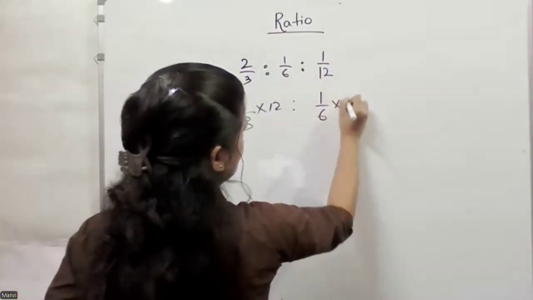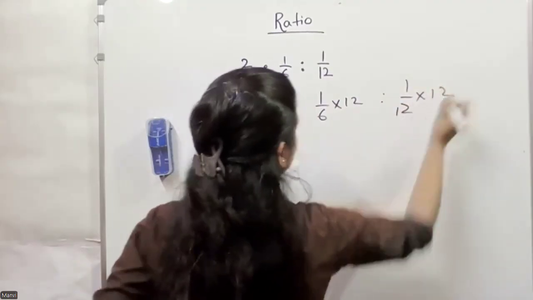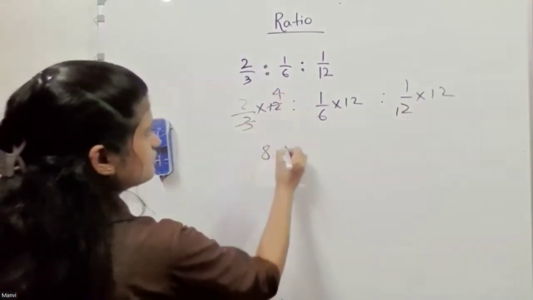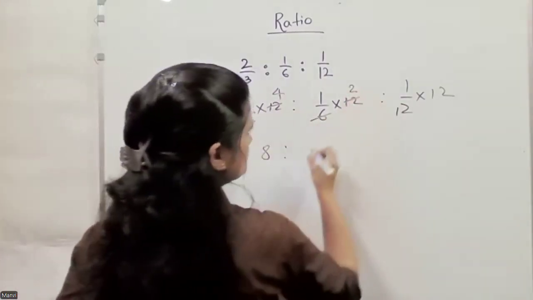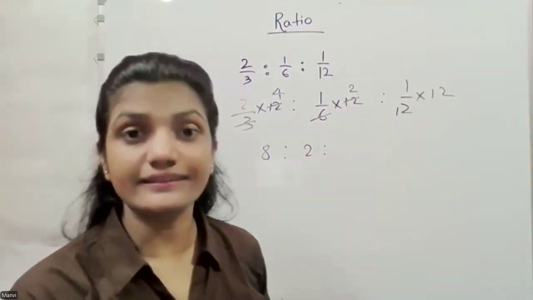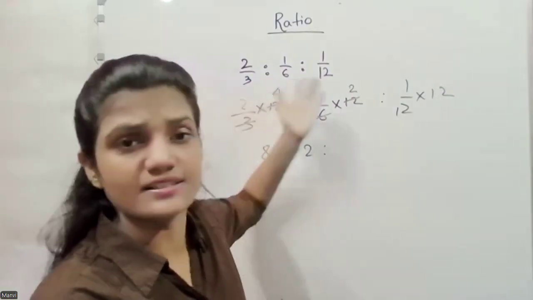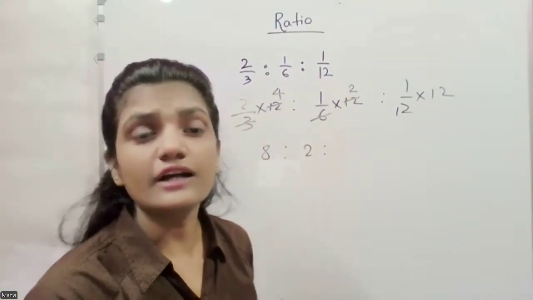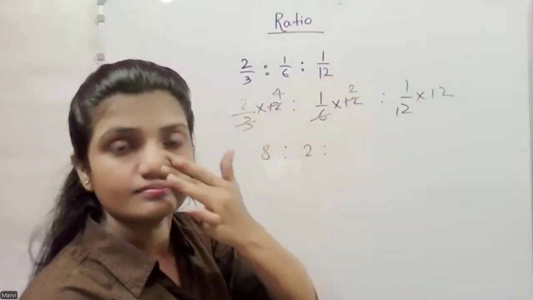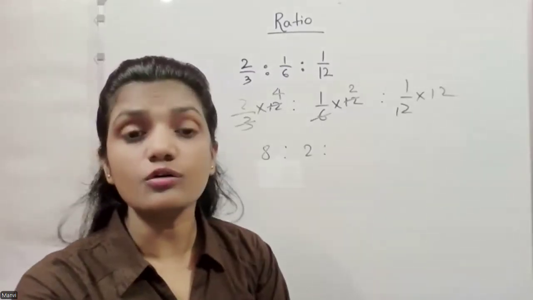So if you multiply these all 3 with 12, then you simply get 1 by 6 multiply 12, and then 1 by 12 also multiply with 12. So 3 times 4 is 12. You have to find something which is the biggest, which is in every table. This is the logic actually. You need to think from which number I multiply these 3 so that I don't have anything in the denominator left out.